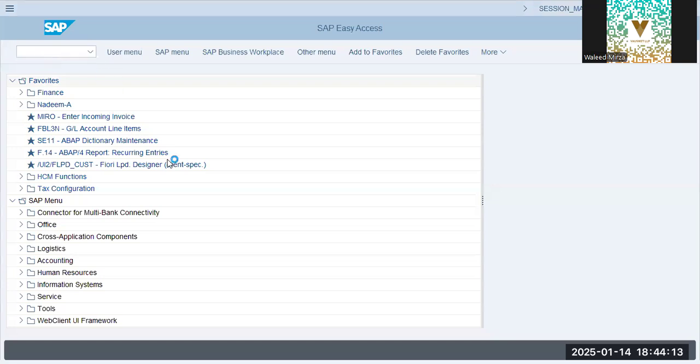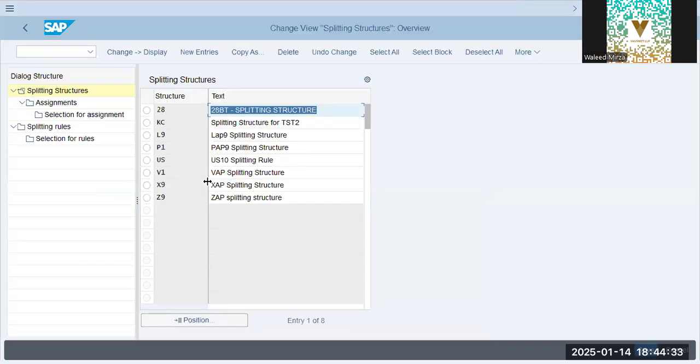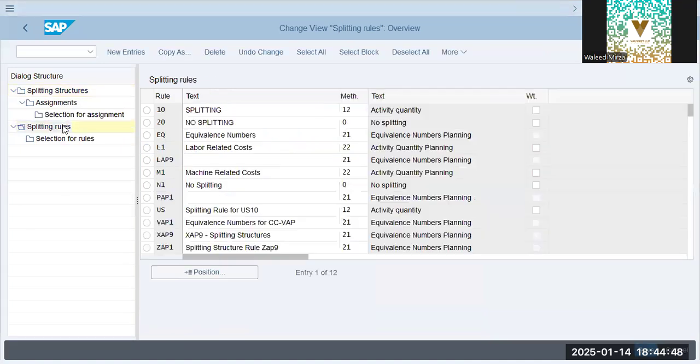OKES, a splitting structure. Now, splitting structures have methods, and these methods have to be assigned. What are splitting structures? Since we are discussing the indirect activity allocation, the splitting structures have to be defined because multiple activities are involved over here. So this is PAP9, P1, okay, and splitting rules,